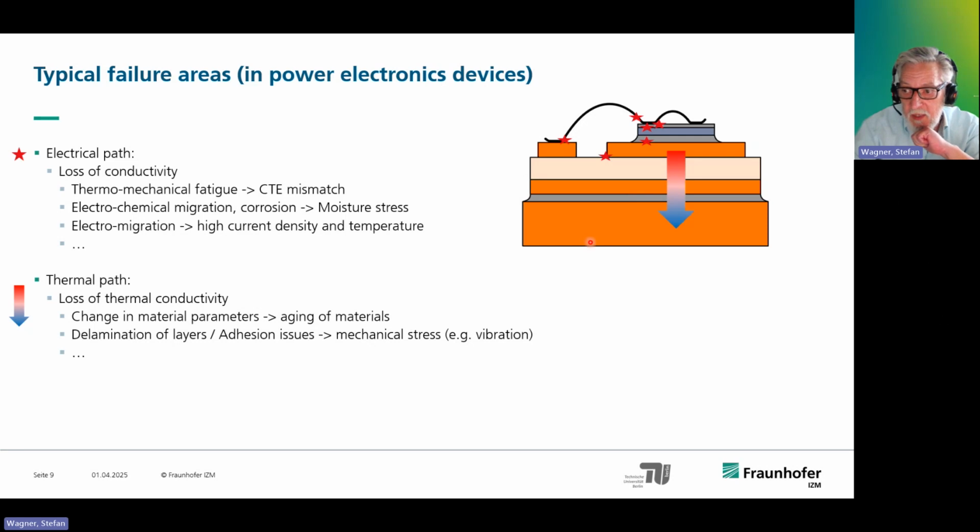I have divided this into two paths, which may overlap under certain circumstances. First, the electrical path, this can lead to loss of electrical contacts. This can be the result of cracks in conductive layers,